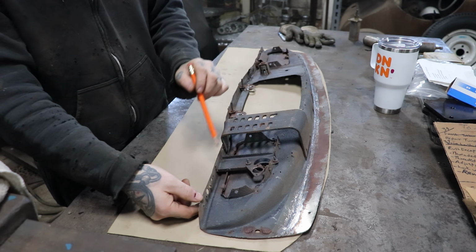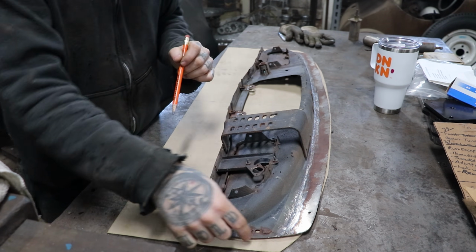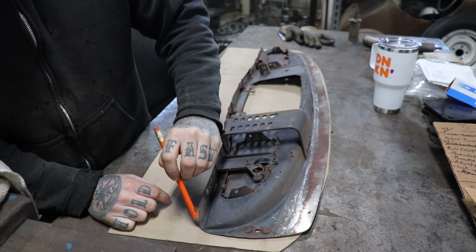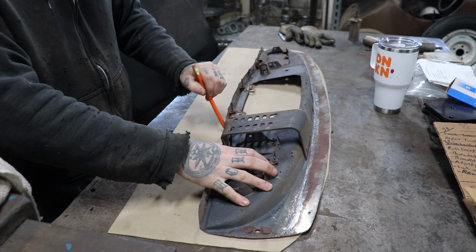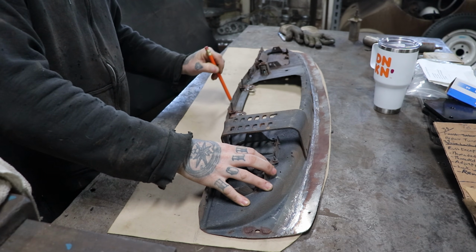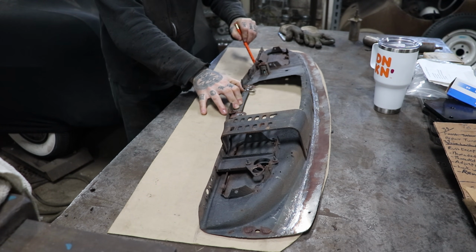we need to leave an extra, whatever it is, inch or so for the flange to fold in on the dash. The dash was cut out of the vehicle in the junkyard short, so I got to just kind of use my imagination there. But what I'm really looking for is this sweeping shape here at the bottom. I like it, so that was one of the things I wanted to replicate and use for my inspiration for our dash. So I'm just going to trace along that line,